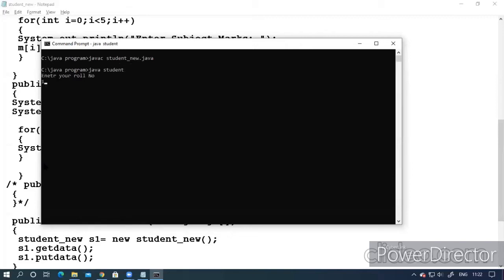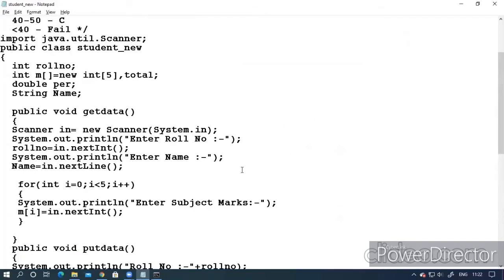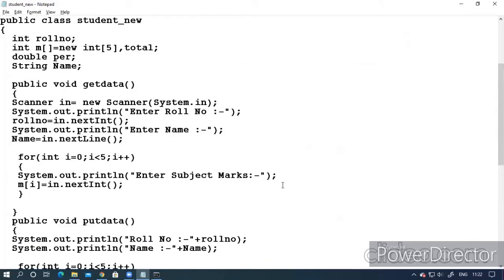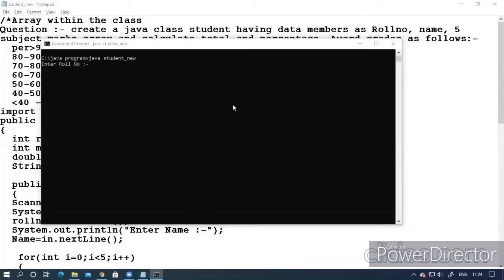Roll number 1. Marks. Only 1 mark has been entered. Why? I have to check. We have to execute.